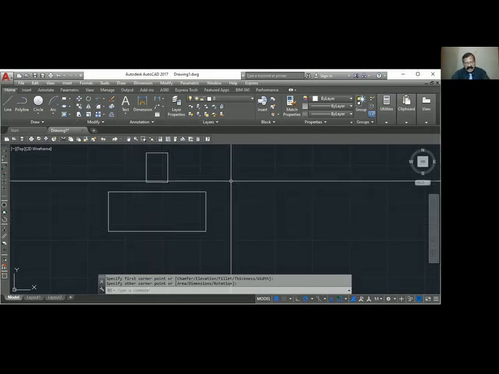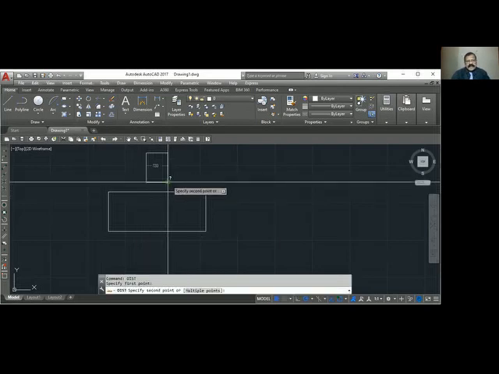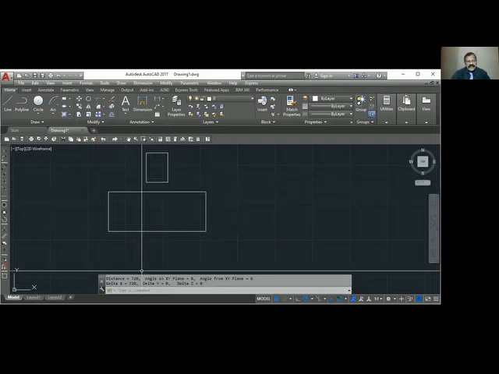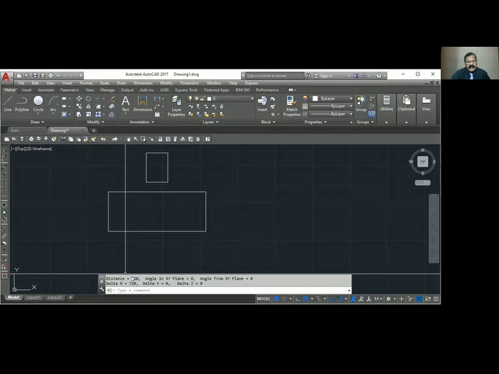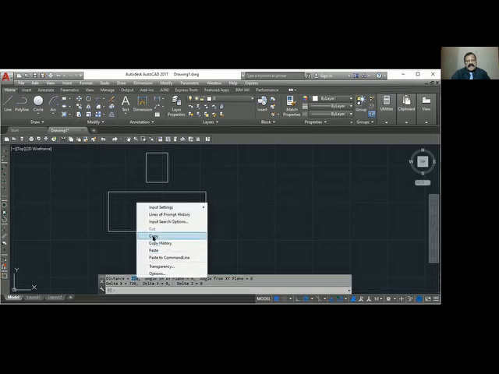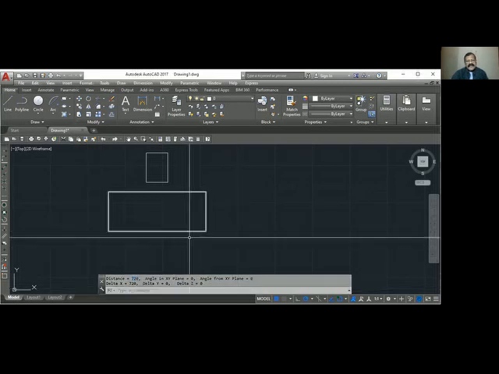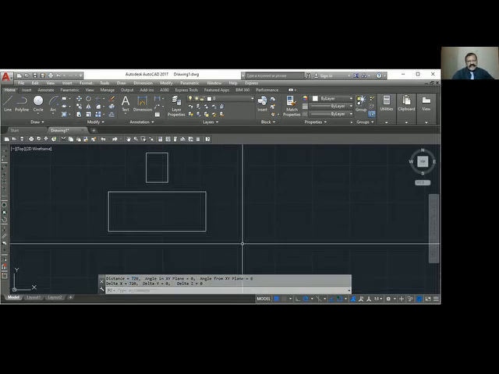So I will use the distance command, dist. First point, second point. So the distance is 720. So you copy that or write down somewhere. You can select it, right click, copy.